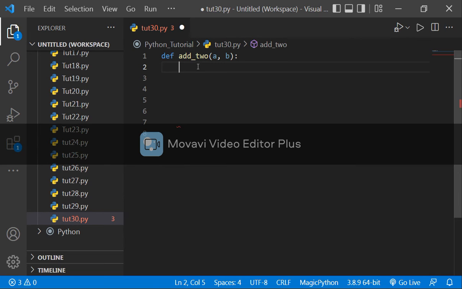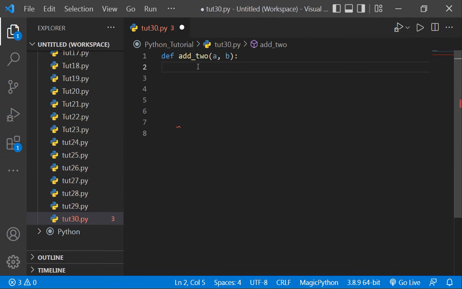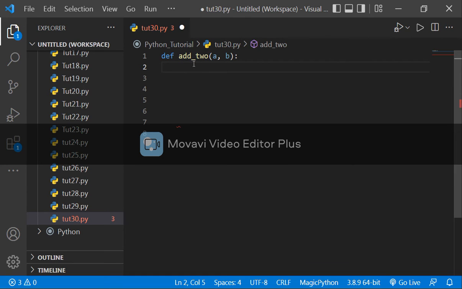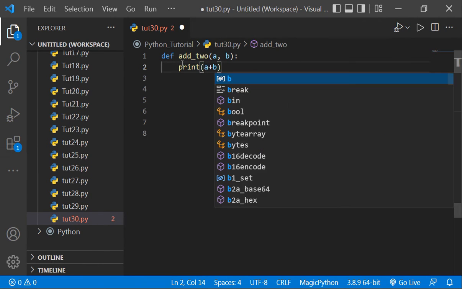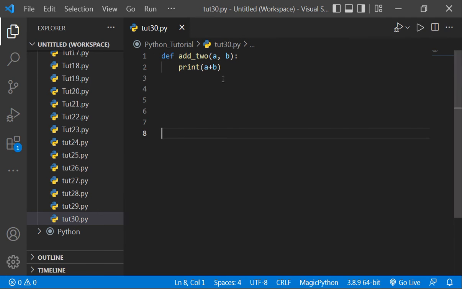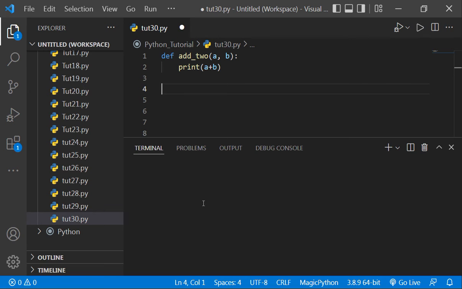Okay, that will tell the program that this particular part of code refers to this def function, refers to this function. Okay, so here we will write print a plus b. Okay, now if we run it,